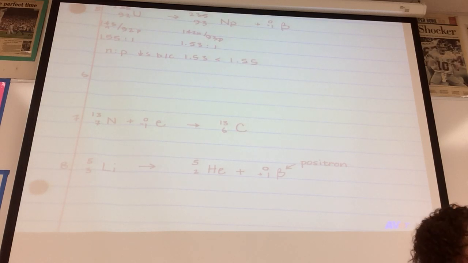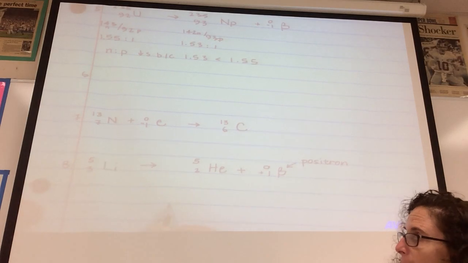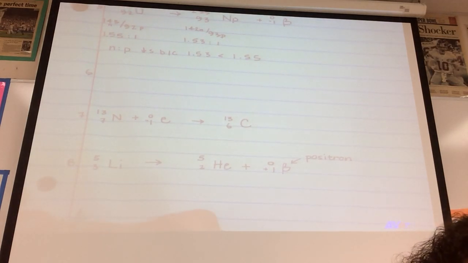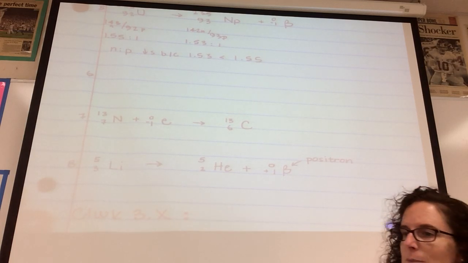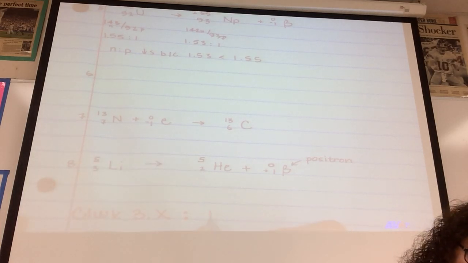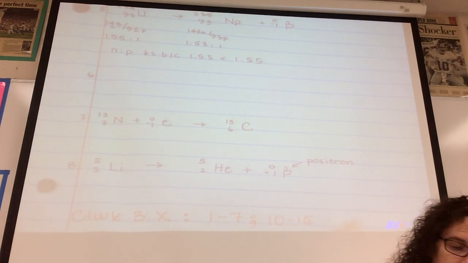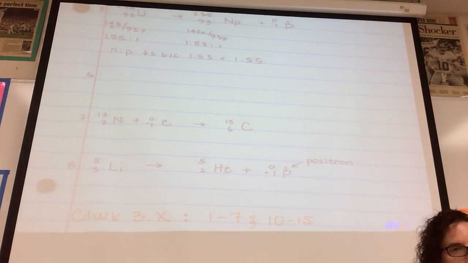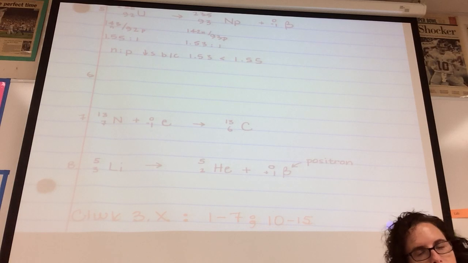The other problems I think you can do, and when you work through those, I think you'll feel very comfortable. I'll write the answers out to those here so you have them. I'm going to give you classwork 3X, because sometimes I put it in different places throughout the year. I think it fits well right here. You can do 1 through 7. And you can do 10 through 15. And hopefully you'll have a solid understanding of alpha, beta, gamma, positron, electron capture, and just an understanding of the